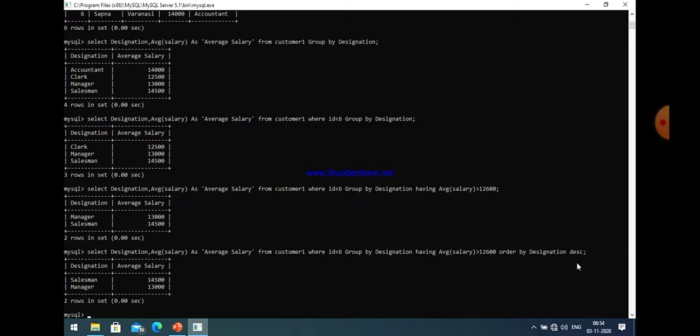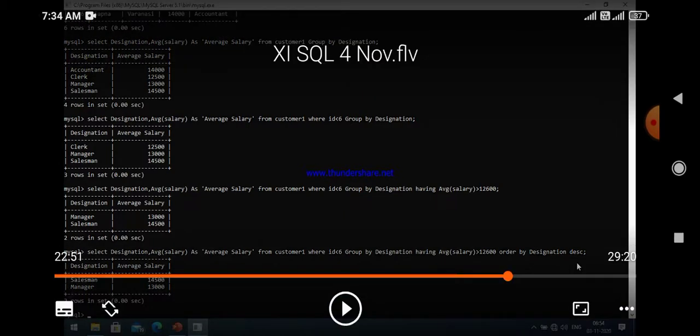And then if there is a condition on the group regarding an aggregate function, then we can use having clause. And if we want to put the data in ascending or descending order, then at last we use order by clause. Okay, now I think it is clear to all of you.